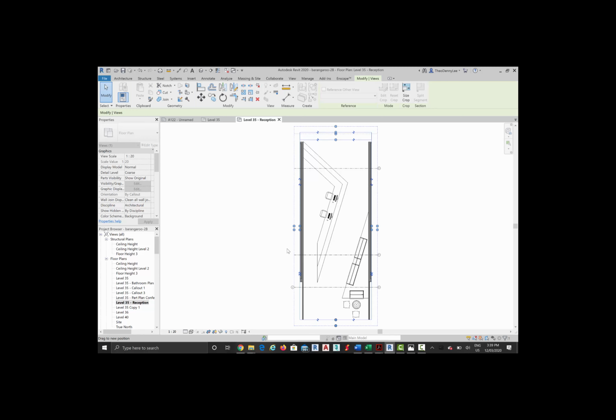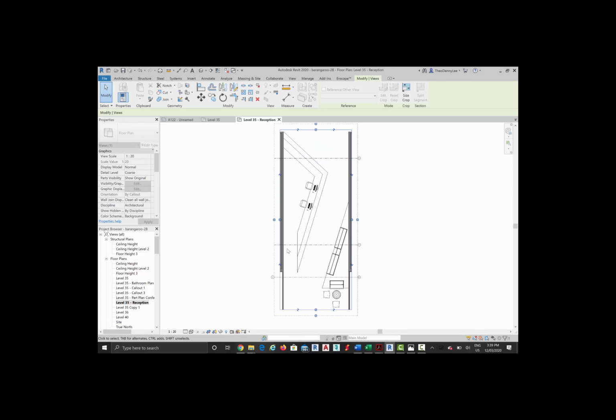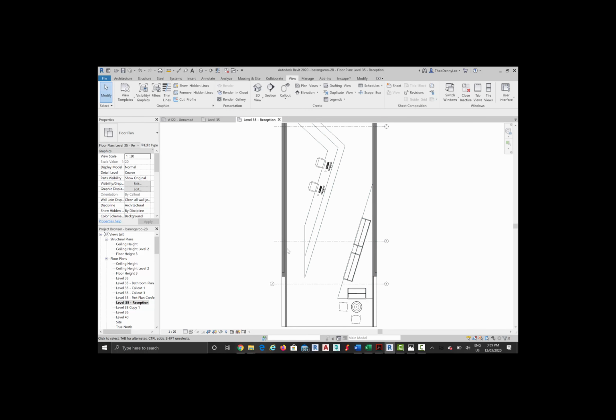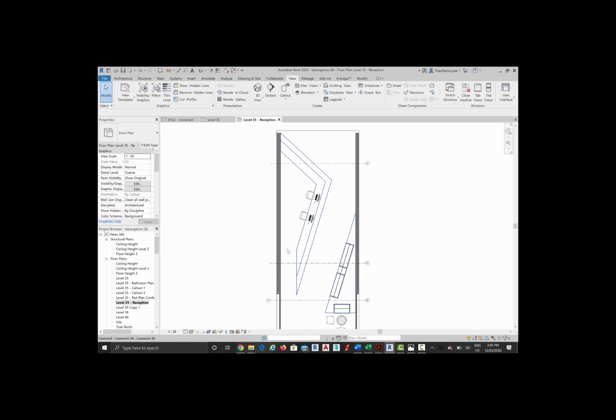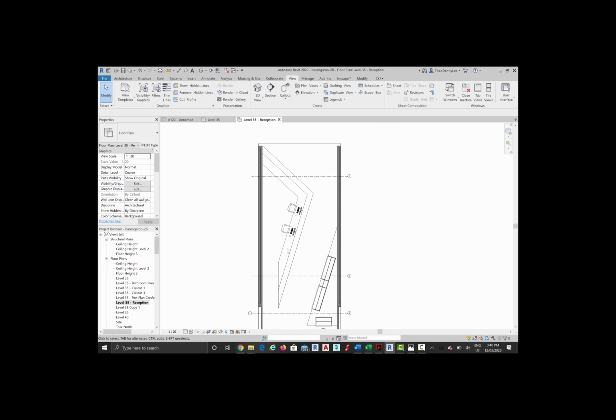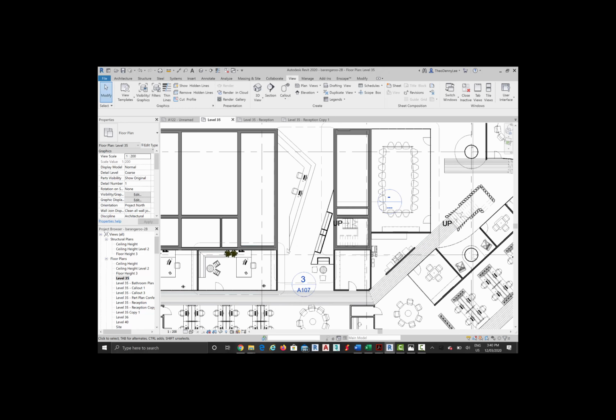Okay, so we've got a pretty good view that can then be used to reference the other units from this view. So I'm going to then duplicate this view. So right click, duplicate, and I'm not worrying about choosing duplicate with detailing here because there is no detailing. And so then I'm just going to show you, if I go back to the original floor plan that had my reference,